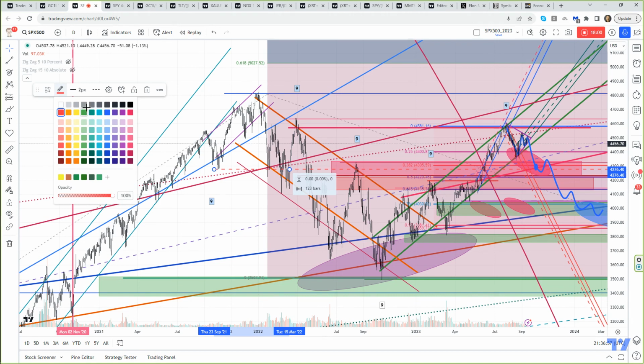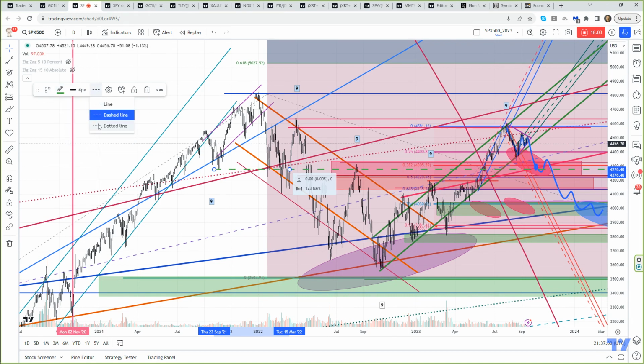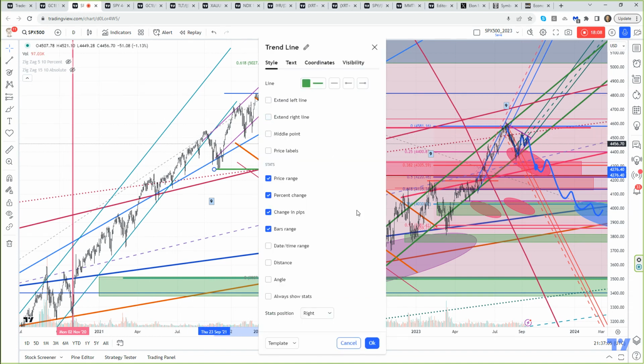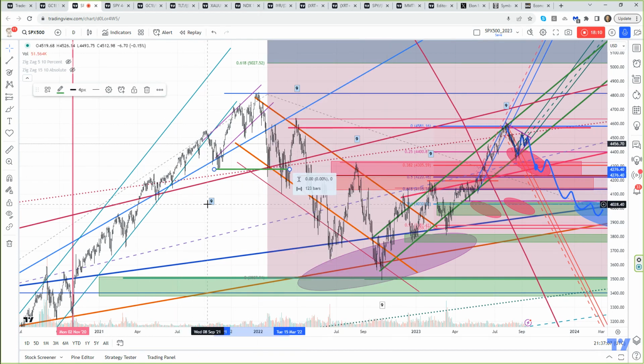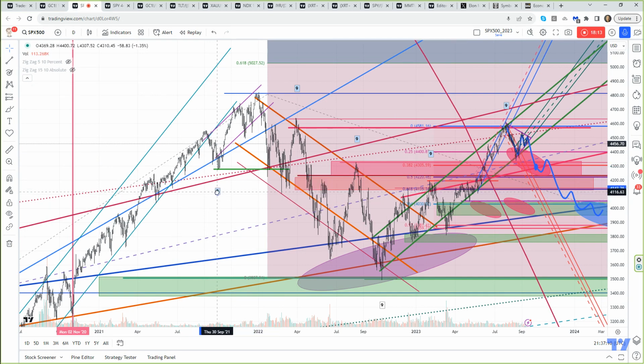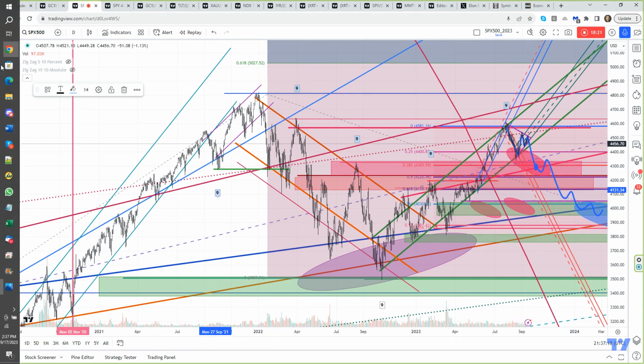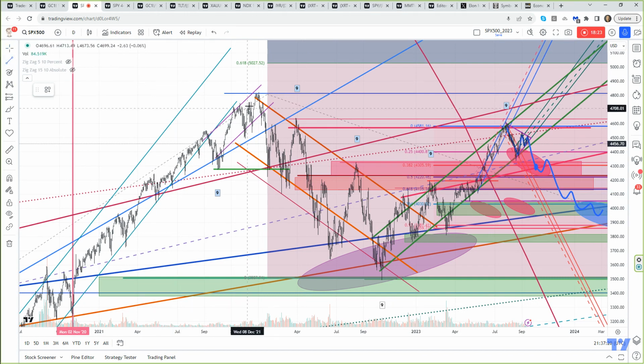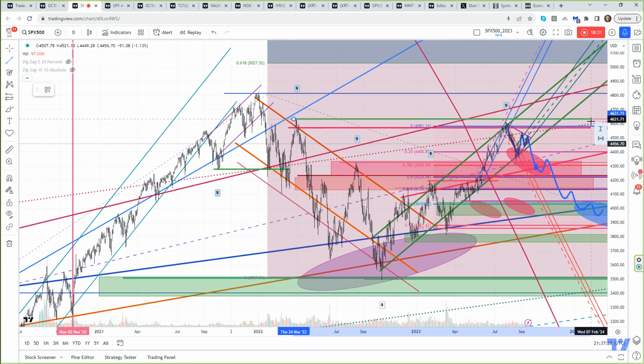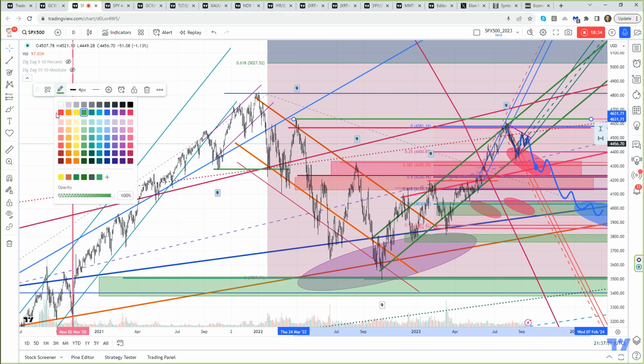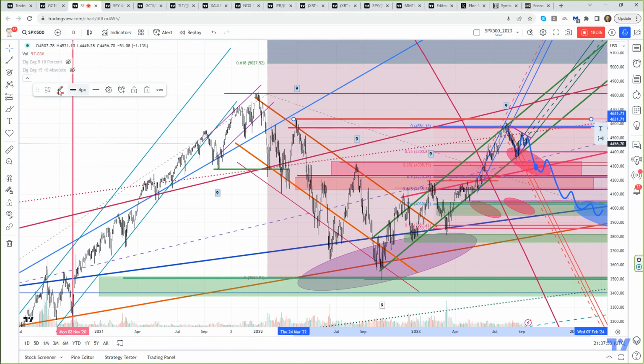Make this green or solid. So that becomes our major support. And that would be something we would operate off of in terms of trying to determine if we've got a rollover. Here is major resistance. So this would be a red line right here. We've already got one, but I'll draw another one. Major resistance still hasn't been touched. Very critical for us to understand.